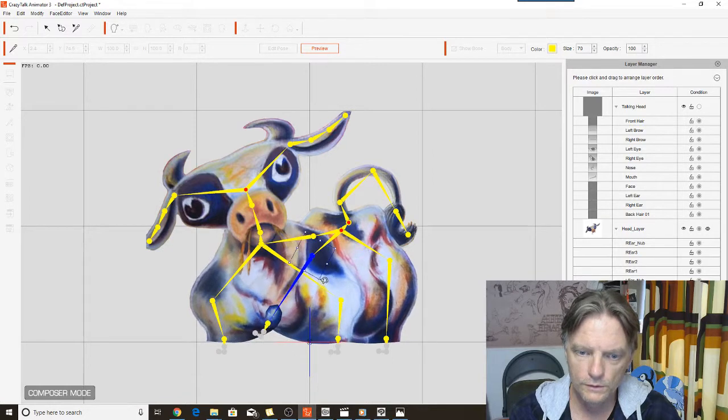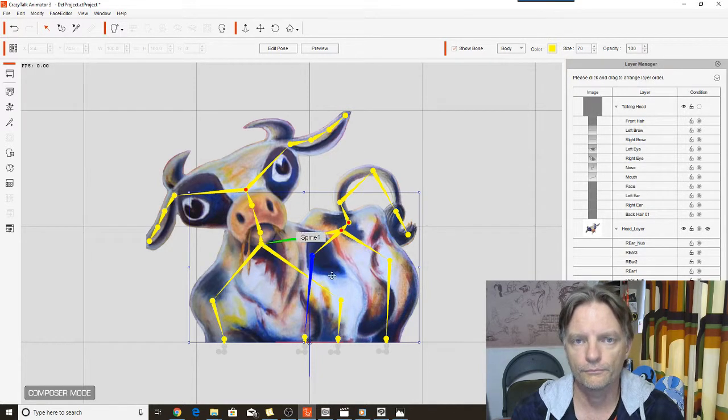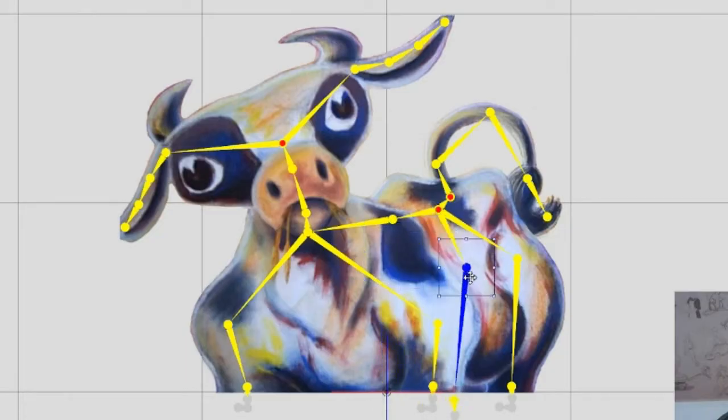So my solution to that, so that wouldn't happen when I apply pre-animated motion files to this, was to move this bone over in line with the other back leg,